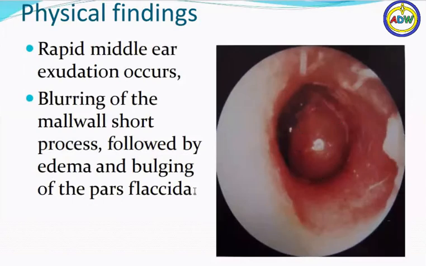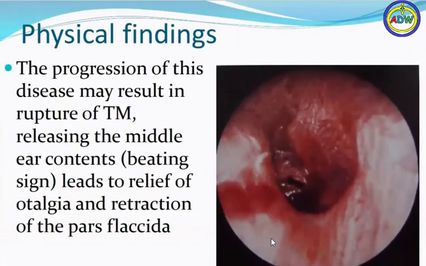Rapid middle ear exudation occurs, blurring of the middle wall short process, followed by edema and bulging of the pars flaccida. In the next view, you can see the tympanic membrane, this is the handle of malleus, and